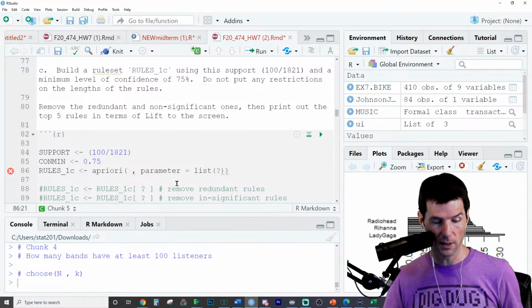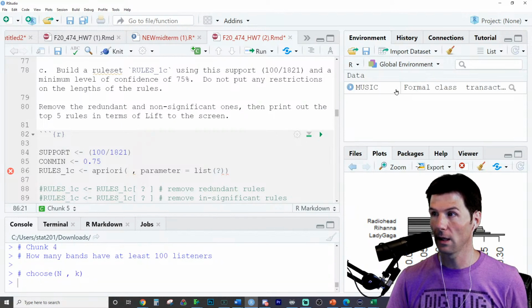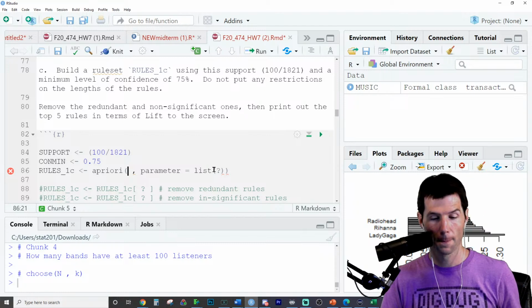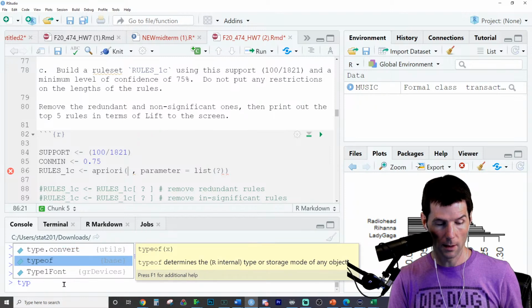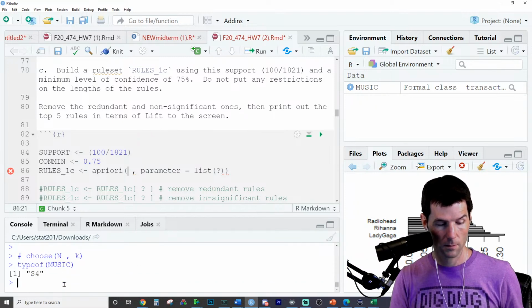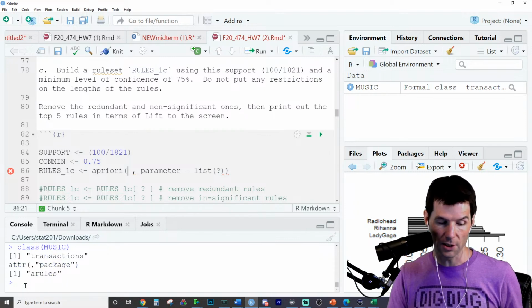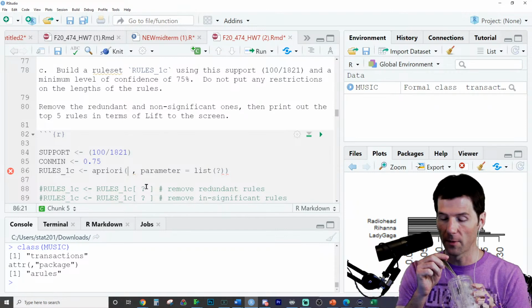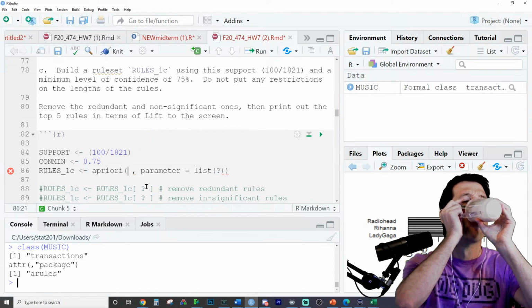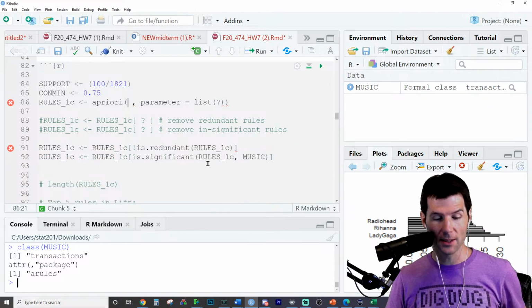Music. Let's go load that music data frame in. Music data frame's already loaded in for us now. I'll show you once again, this runs all chunks above. So I'm loading in the music transaction data frame. We were asking earlier, is it a data frame? I call it transactional data. It's an S4 type of transactions from the arules package. So it's transactional. I wouldn't call it a data frame, even though I might say that. If I call it a data, oh, you didn't have music? Yeah, it can be that small right there.